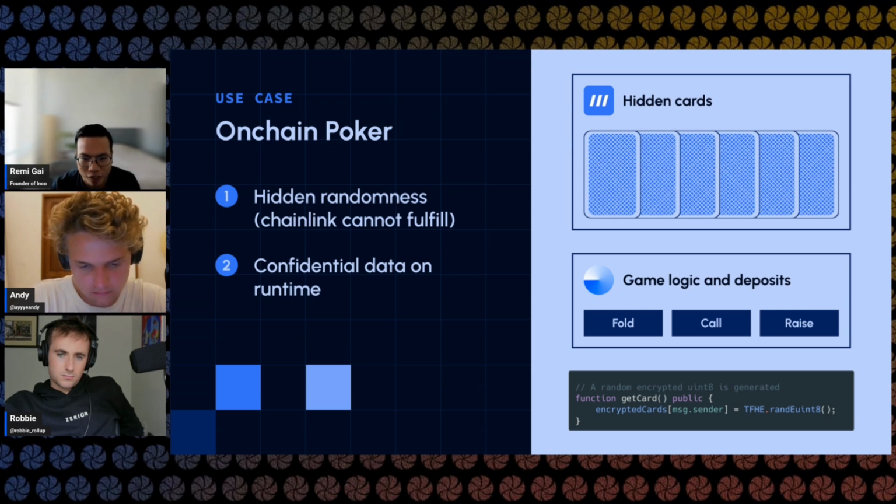Beyond payment, even poker, it's crazy to think that we still don't have fully on-chain poker games in crypto. And the reason is you just can't hide data. It's a bluffing game. This game would just not make sense without the ability to hide data. And so this is where we are able to generate a hidden integer that is quite useful for games and such.